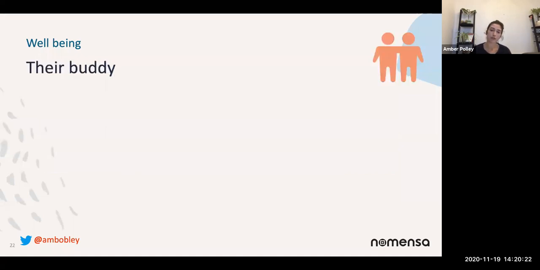And also thinking about their buddies as well. So what is their support system going to be? And I would recommend having 2 different buddies for them. So the first one would be professional support. Ideally, if you're working with a particular client who has experience with this particular participant group, they'll be able to provide professional support and they'll have a system in place. So either they'll have counsellors or they'll have their own kind of team of support.